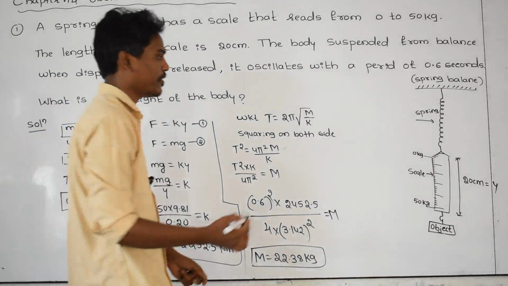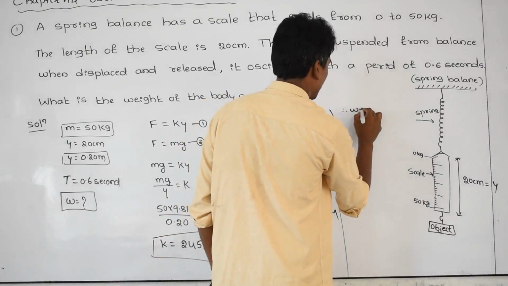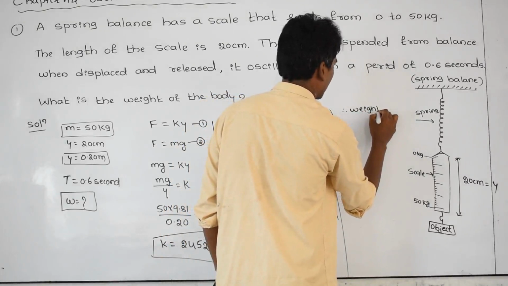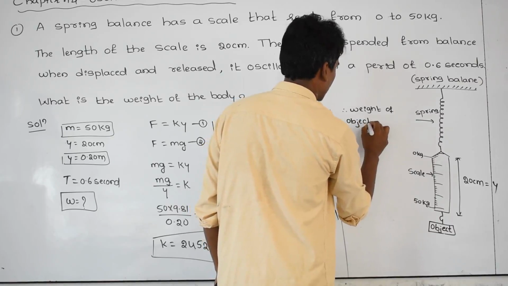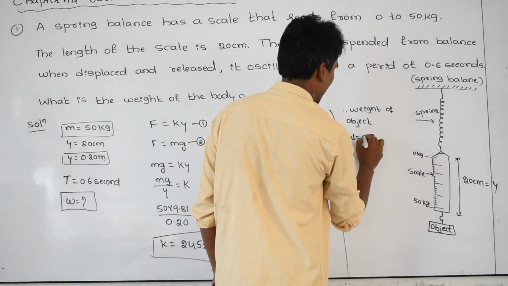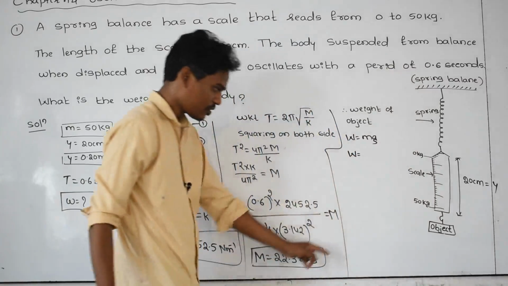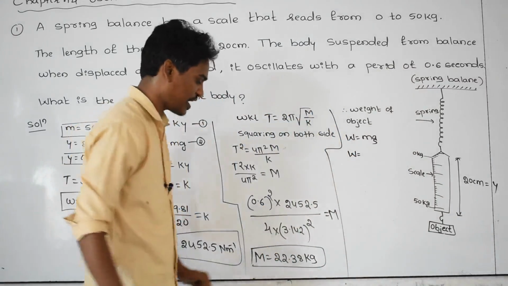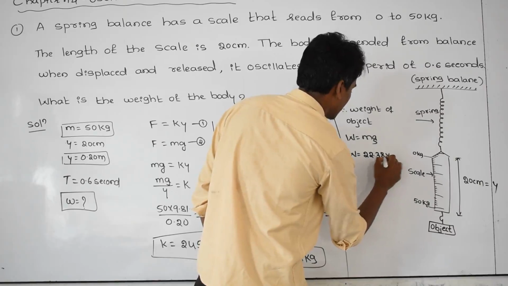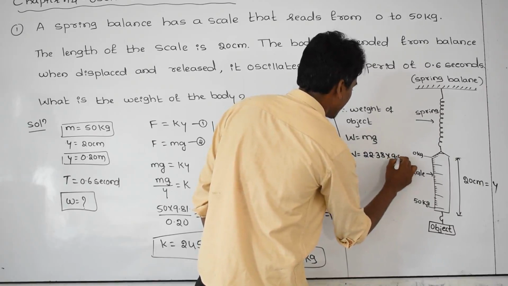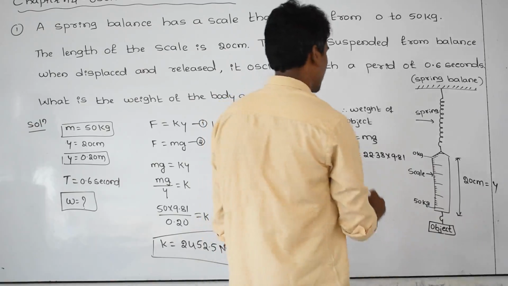You know very well, weight is nothing but M into G. Therefore, weight of the object, that is W, is equal to mass into acceleration due to gravity. Then W is equal to the object mass you just got, 22.38, into G, which is 9.81. Calculate yourself, you are getting